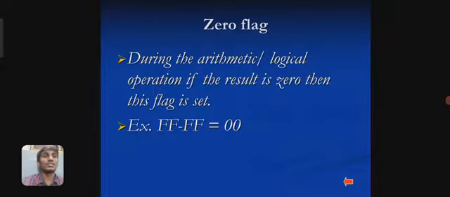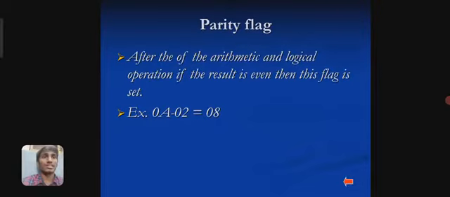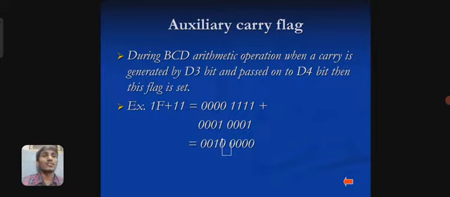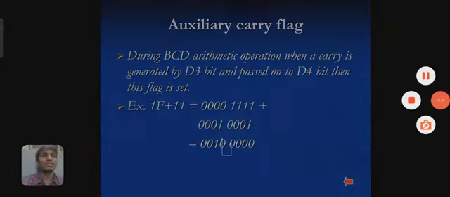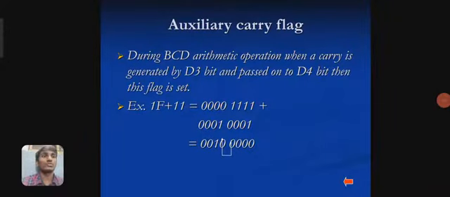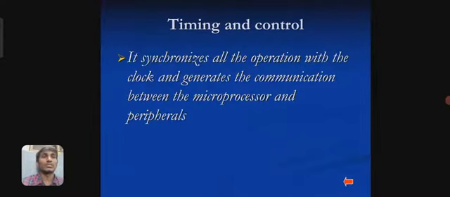And the zero flag: during the arithmetic logical operation, if the result is 0, then this flag is set. Parity flag: if the result is even, then the flag is set, like 08 minus 02 equals 08. And auxiliary carry flag: during BCD arithmetic operation, when a carry is generated by the D3 bit and passed on to the D4 bit, then this flag is set, like 1F plus 11 converted to binary digits, and the result appears. So timing and control synchronizes all the operations with the clock and generates the communication between the microprocessor